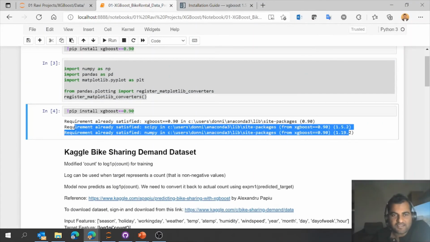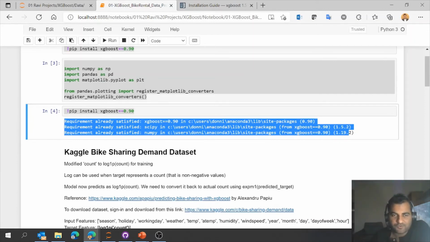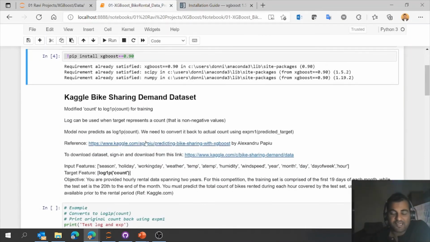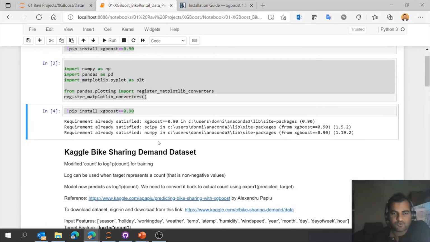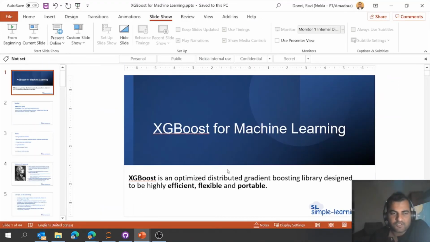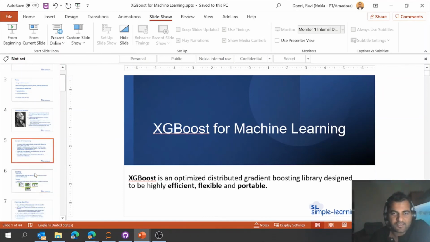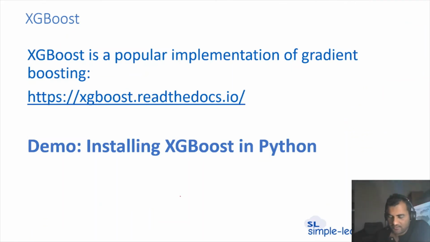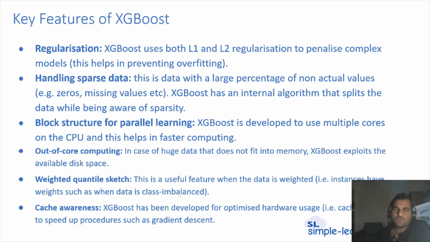So here, in my desktop system, I'm using Windows. In this one, the latest version is already installed, then we can execute the next codes to start with, right? So this is a quick view of how the next videos will be with respect to XGBoost. To wind up the discussion, I wanted to quickly give a recap of the things which are installed, and then the key takeaways of XGBoost.